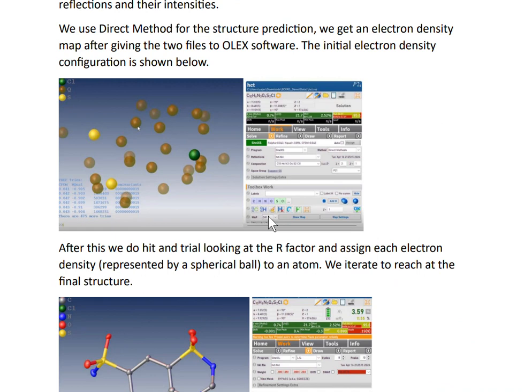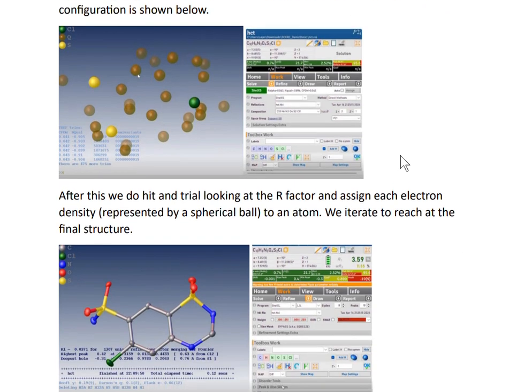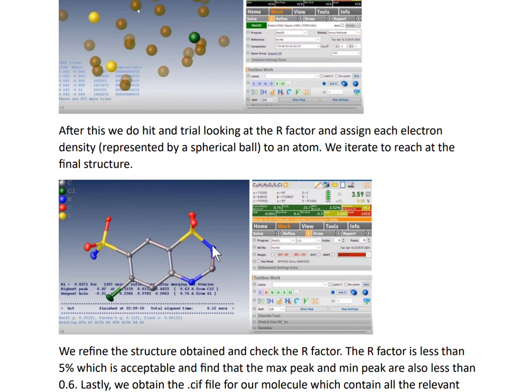After this, we will be using direct method, in which I have assigned the spherical atoms with the atom that they could represent. So I identified the atoms that could resemble the electron density by seeing these values shown on the right. The error tells you if you are working in the right direction or not. By a hit and trial method and many iterations, I reached the crystal structure which is shown in the